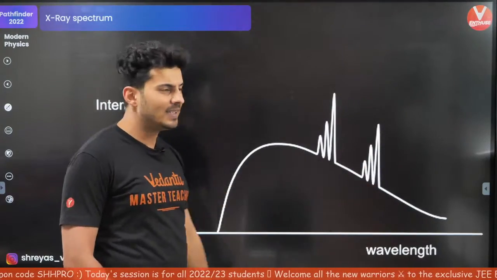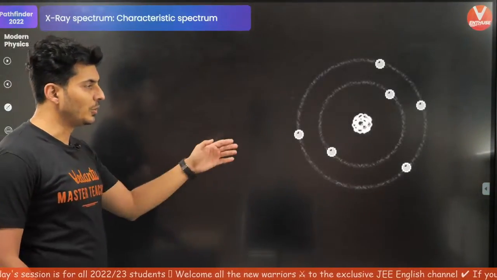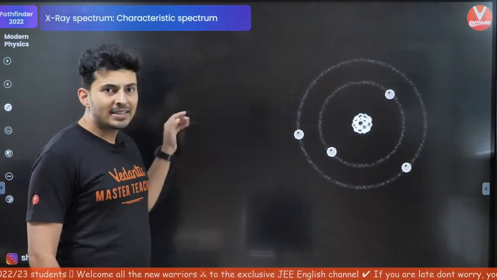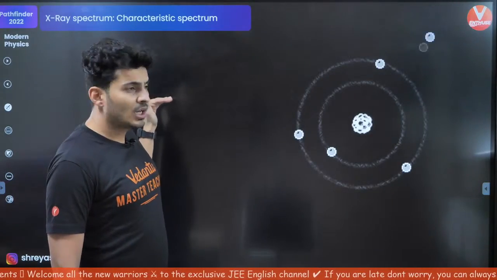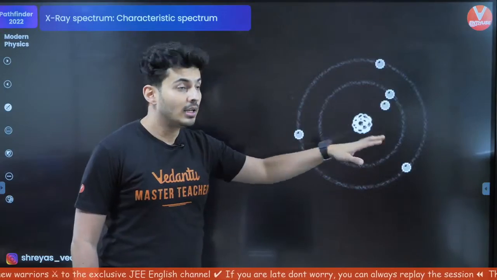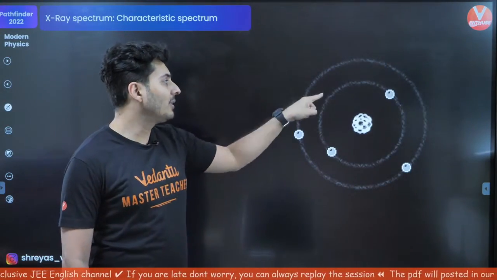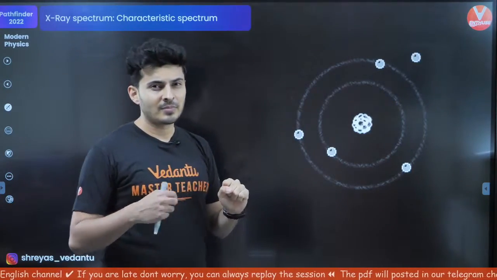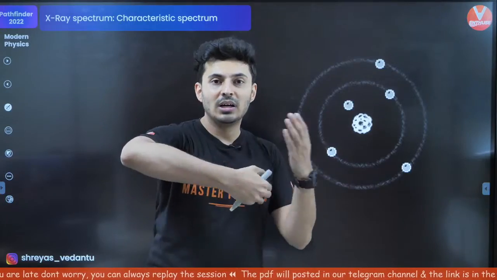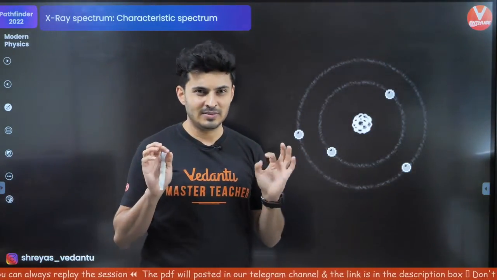So why do you get these spikes? That can be explained via this process which I am showing over here. Observe this simulation. Imagine an electron which is very energetic. Instead of just getting deflected, by chance, because of its high energy, it ends up reaching the inner shells. If the electron has low energy, it can't pass through the outer shells and reach the inner shells. That's not possible if the energy is less.